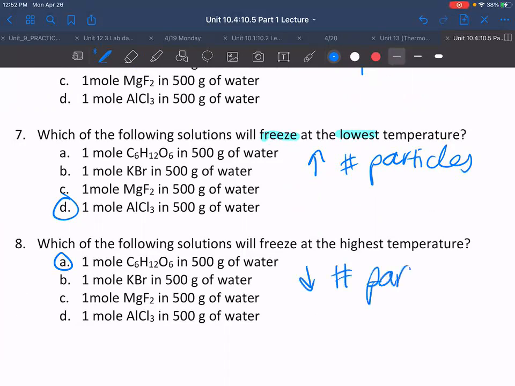All right, so this is all I have for lecture. You guys have 2 sheets